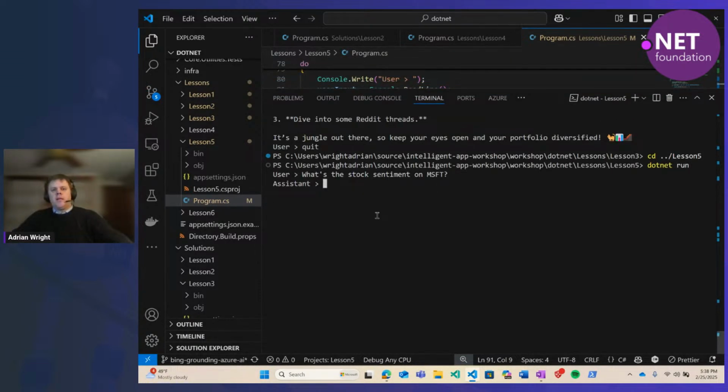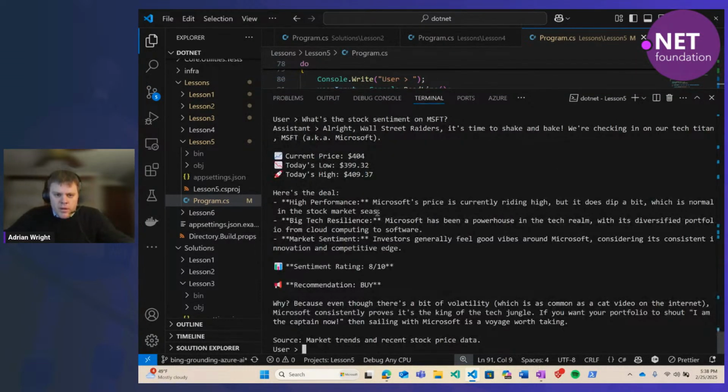And the agent might take a little bit longer to come back, but that was still pretty quick. So it says 8 out of 10 buy, and it says it's using market trends and recent stock price data. Truthfully, it's using old market trends and the current stock price data.